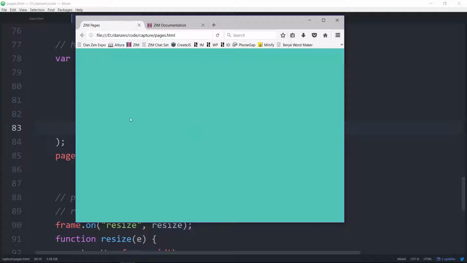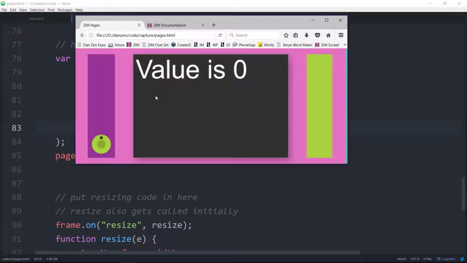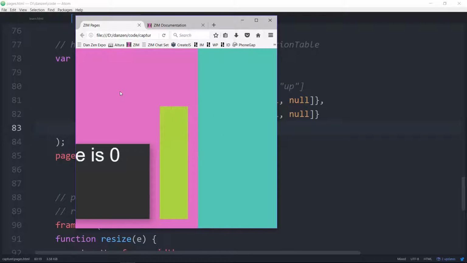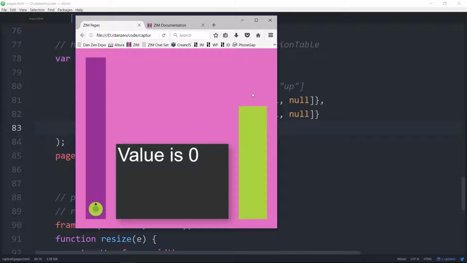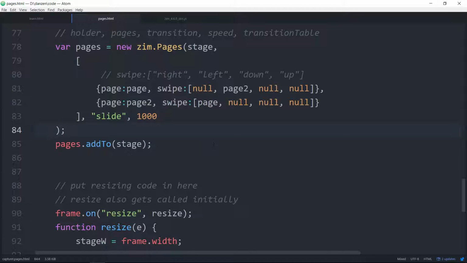So now I can do it. There we go. That works just fine. If I reduce the size, it still looks good, and if I bring it to here, it still looks good. So isn't that nice? Now, there's more to do with pages, but tell you what, we'll take a look at those when we look at hotspots. There are different events that you can use with pages. If we physically wanted to just press a button and go from one page to another, rather than swiping like we are here,